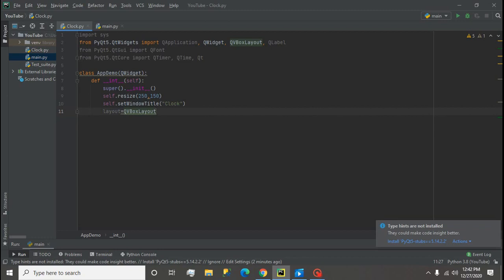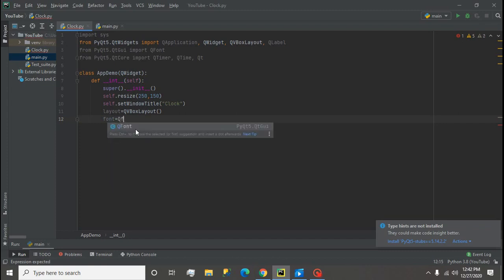Now, after that I will create one variable which sets the font family and font size of the text. So I write a font variable and then I call QFont, and here I define the font family.